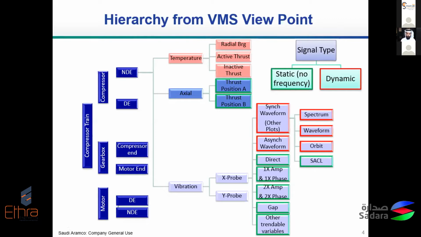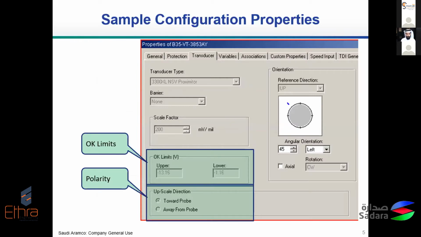And as you can see, there are direct readings, which is basically the overall. We could have waveforms, we could have some spectra, and each one of these has its own configurations. So this is one screen. This is just a typical screen from one of the points, and in this particular screen, we have the limits